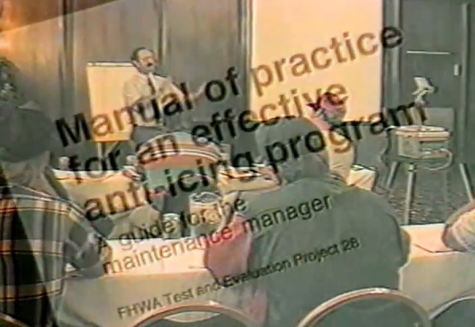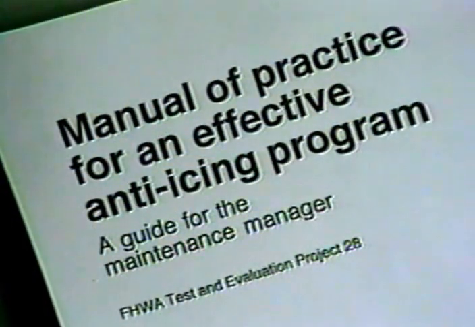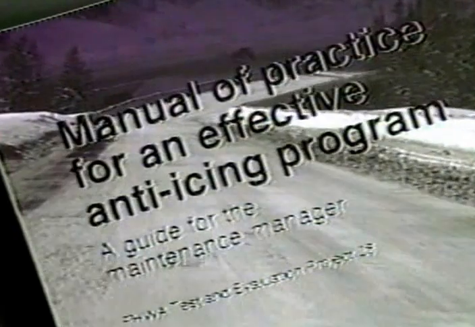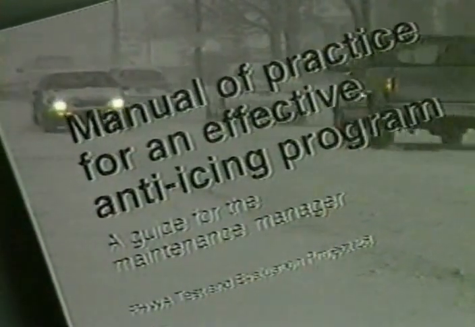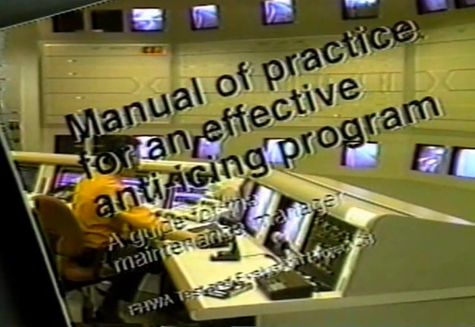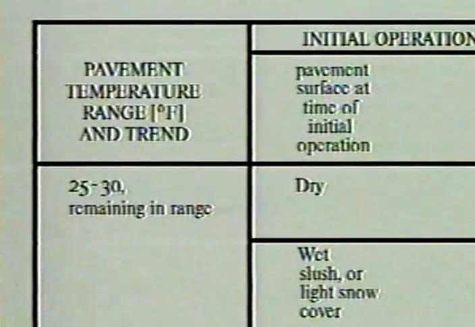Appendix C of the Manual of Practice suggests maintenance actions for preventing the ice pavement bond during 6 distinctive winter weather events. It is intended to complement the decision-making and management practices of a systematic anti-icing program so that roads can be efficiently maintained in the best possible conditions. For example, for a